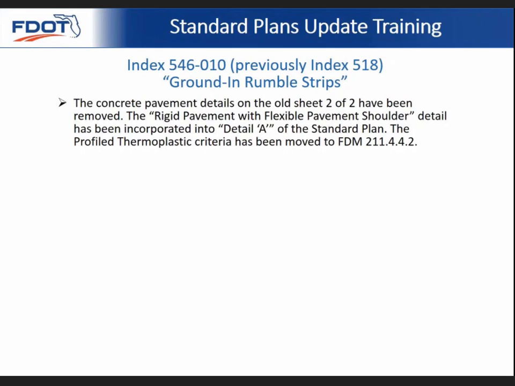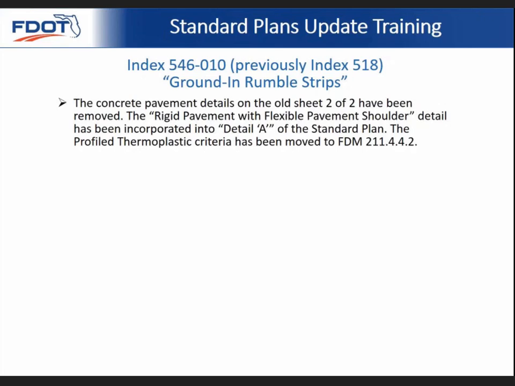Additionally, the concrete pavement details that were on sheet 2 of 2 have been removed. The rigid pavement with the flexible pavement shoulder detail has been incorporated into detail A of the standard plans as a note, and the profiled thermoplastic criteria has been moved into FDM 211.4.4.2. As with the typical placement of the rumble strips, this is something that should be detailed in the plans